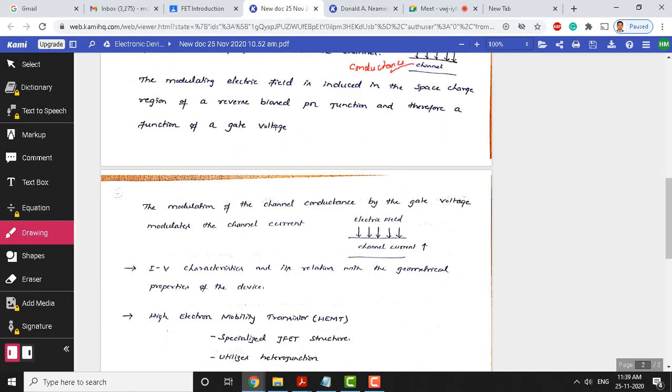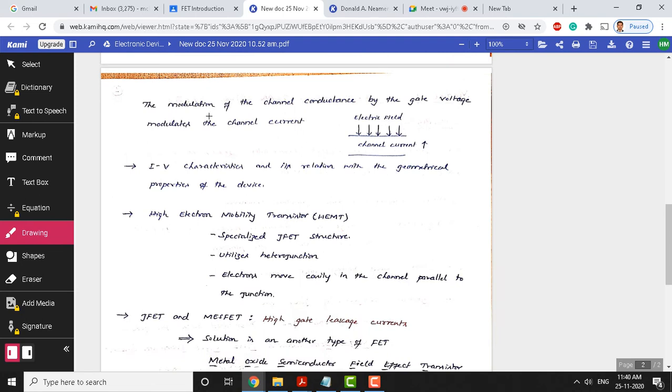The modulating electric field is induced in the space charge region of a reverse biased PN junction, and therefore is a function of the gate voltage. So, the gate voltage is used in order to control the conductance within the channel region, by applying an electric field onto the gate terminal here basically.